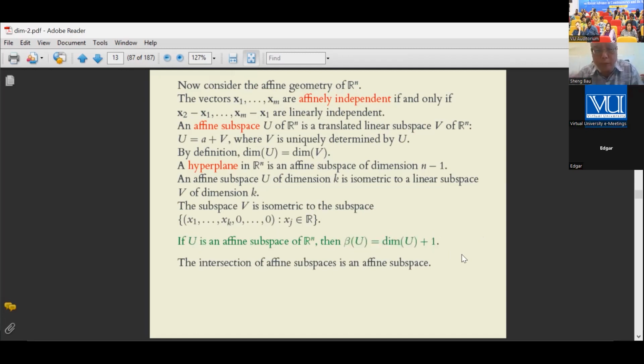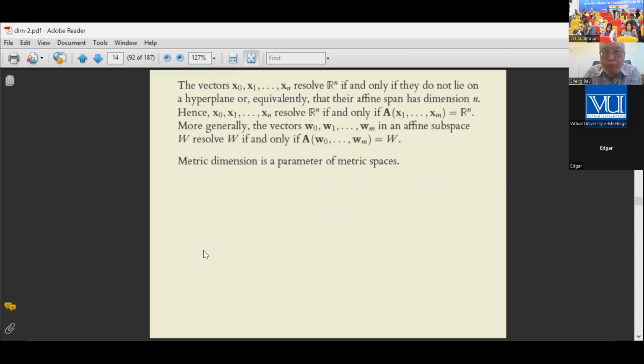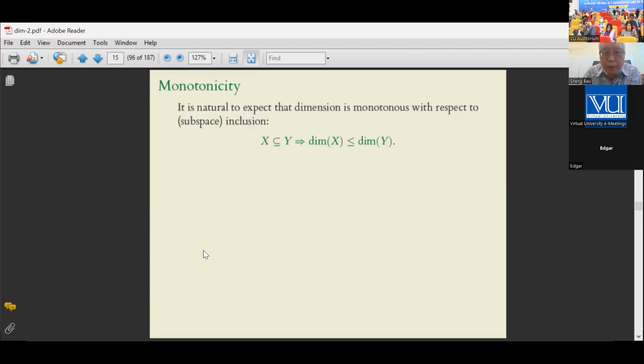The metric dimension relates nicely in these geometric spaces with the Lebesgue dimension. Let me check. So, skip through the affine plane. And monotonicity is not true. This is the monotonicity definition. Now here, we have to be careful because